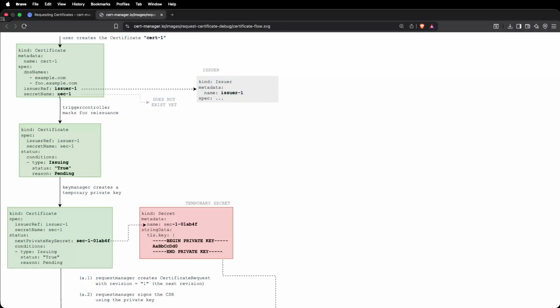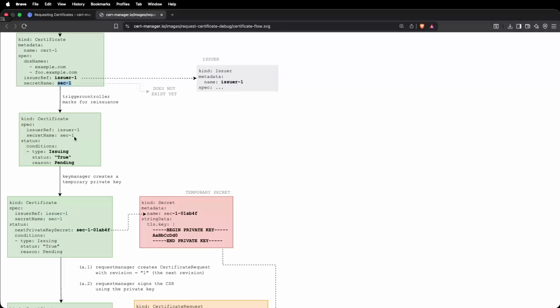And after that, the second main thing is the secret, where you want your certificate to be stored as a Kubernetes secret. That is the name of that particular resource. Now, whenever the user creates the certificate, there's a controller inside Cert Manager which gets triggered or reconciled because of this, and it adds a status saying that okay, I'm issuing the certificate. You can see there's a condition that is being added in the status. The condition is issuing true, reason is pending.